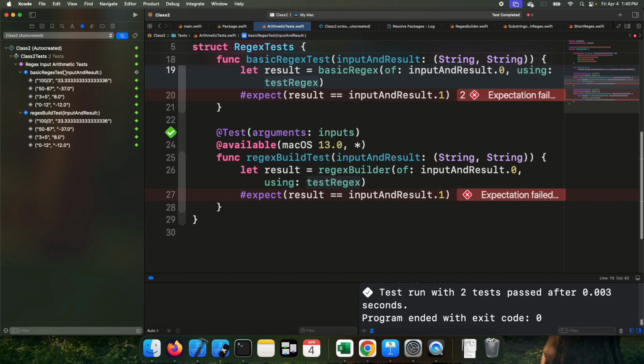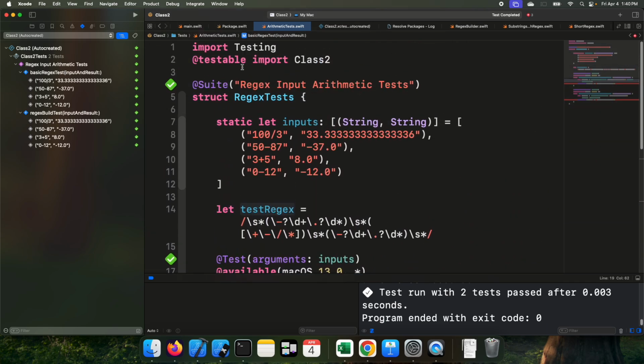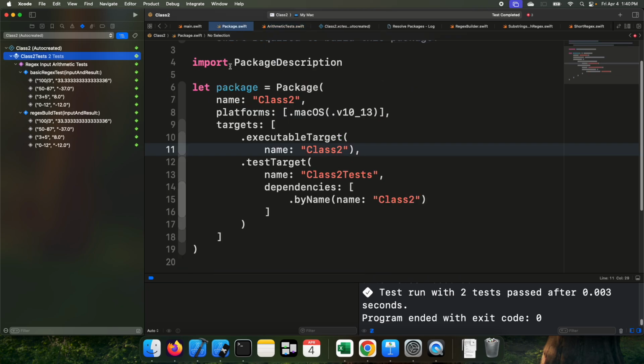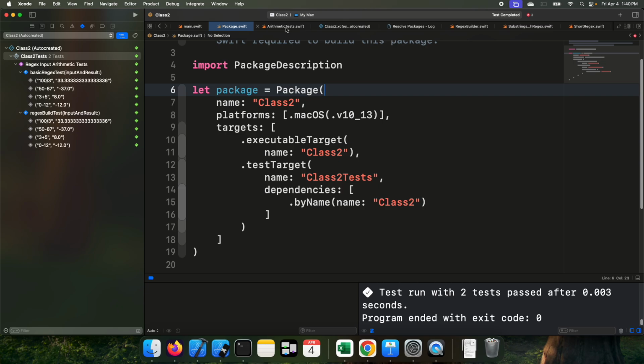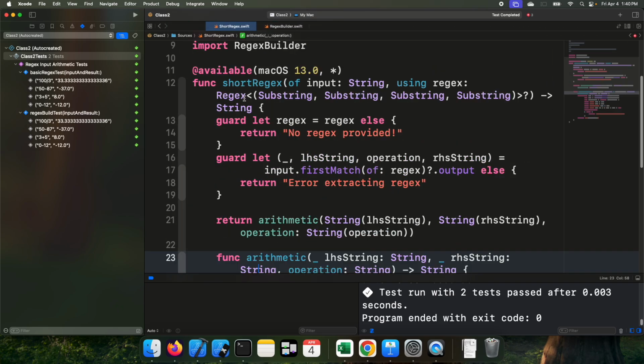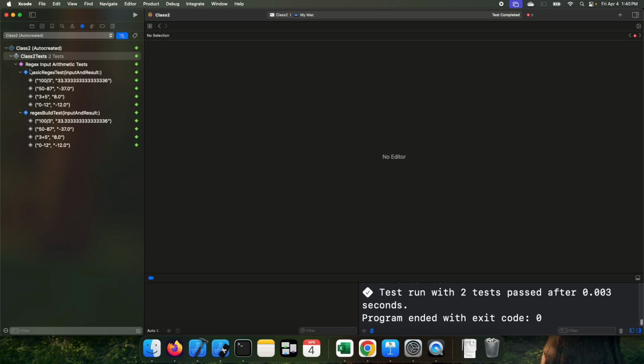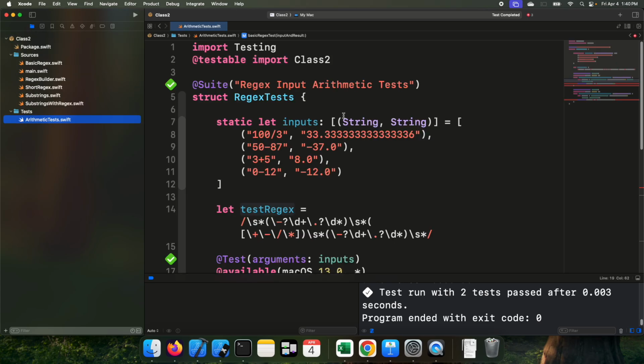Cool, awesome. All right, last but not least are tags and test plans. So basically, these tests that we have in this file, this class 2 tests file, which I don't know why it's calling this package.swift. This is not a package.swift file. Oh no, I lost it. Wait, where was our file? Just close all of these. Here we go. In our arithmetic tests file,